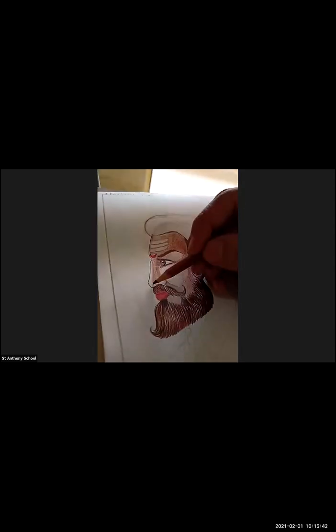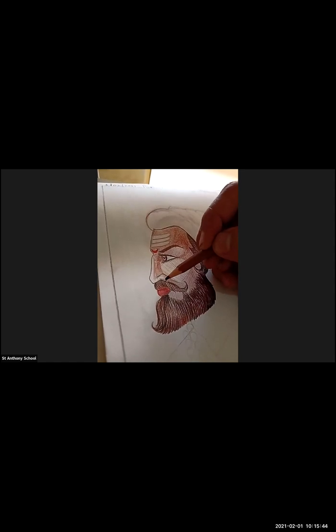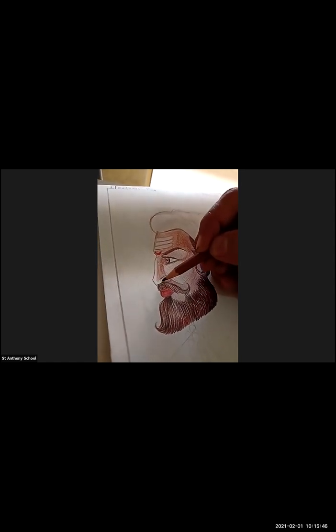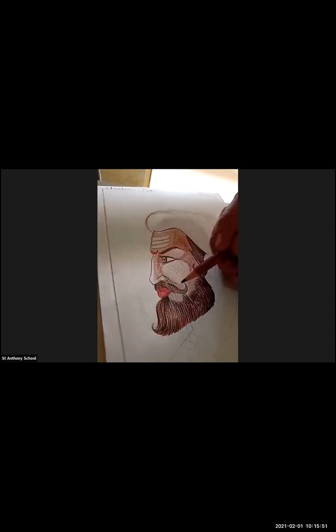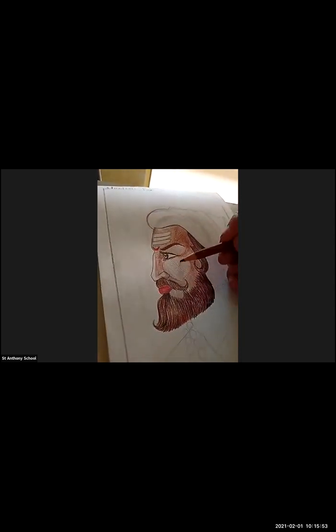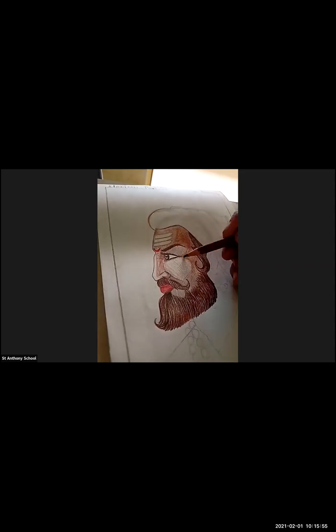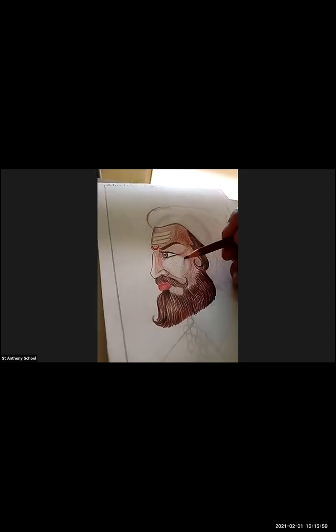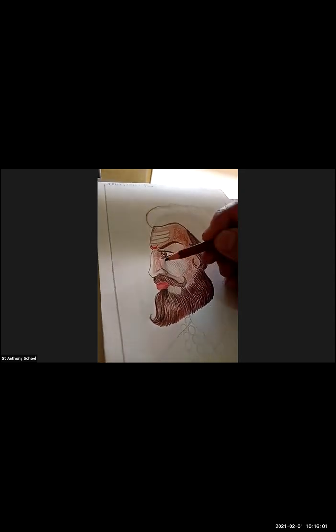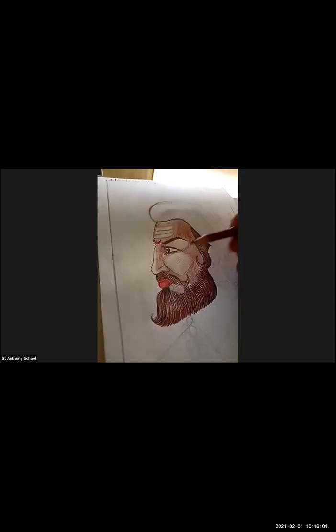Just look at this. It is very important where the light is falling and how I'm adding the shades. This is how you're going to do it. Yes. Afterwards, here I've got the hairs.